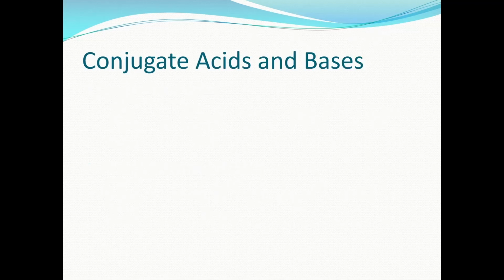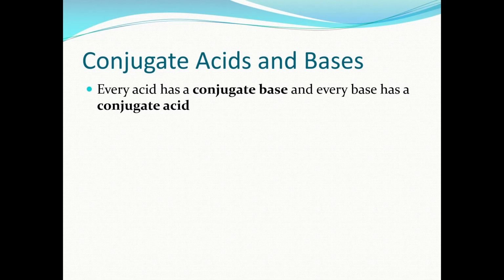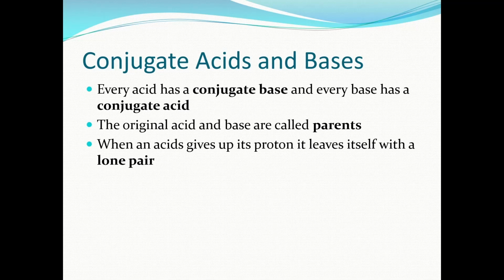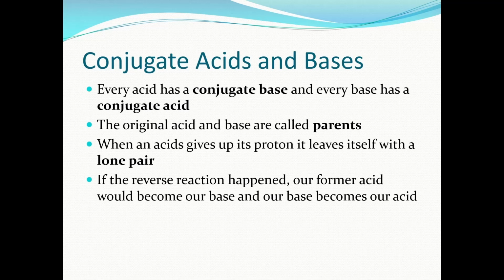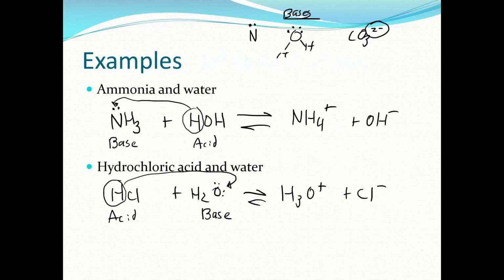So there's another term that comes up, conjugate acids and bases. Every acid has a conjugate base, and every base has a conjugate acid. The original we call the parents. When an acid gives up its proton, it leaves itself with a lone pair. So if the reverse reaction happened, our former acid would become our base, and our base becomes our acid. That might not make a lot of sense, but I'll go through the last example, and we'll add conjugate